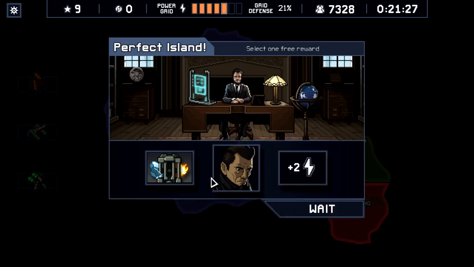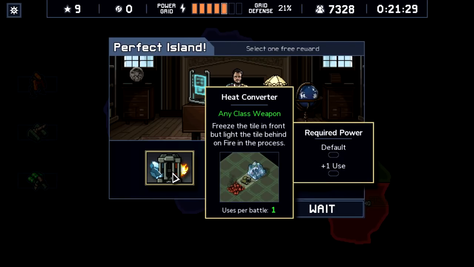There's Carl. I don't really want Carl. This thing's a weird weapon. Ice on one side, fire on the other. It's not bad, except for the uses per battle. I wish it had more. This is another one of those weapons I'm not entirely sure why it's restricted use per battle. I know the freezing is very powerful, but compare this also to the...